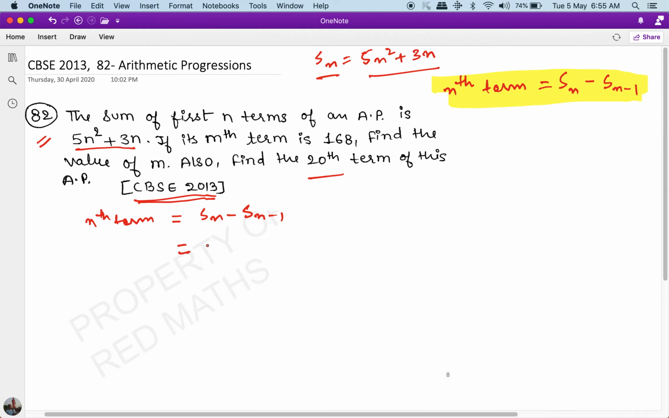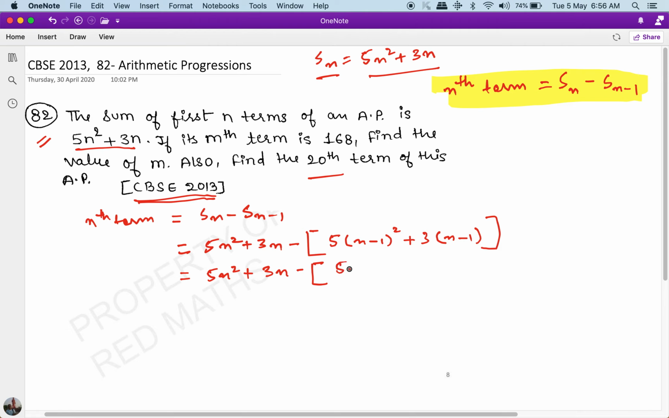This will become 5n squared plus 3n minus 5, and now remember, n has to be replaced with n minus 1. So n minus 1 whole squared plus 3 times n minus 1. If you solve this, you get 5n squared plus 3n minus 5n squared minus 10n plus 5 plus 3n